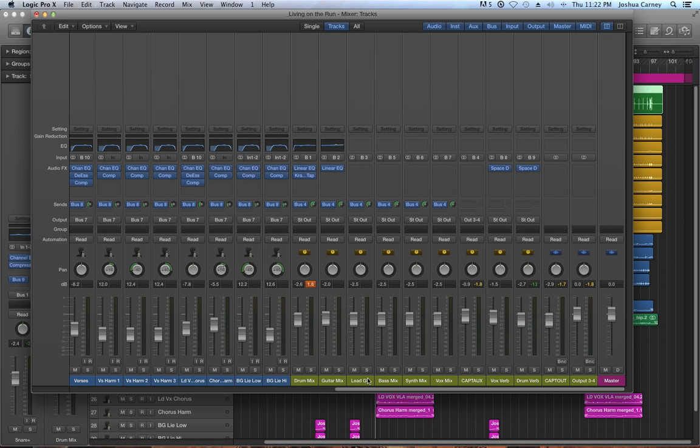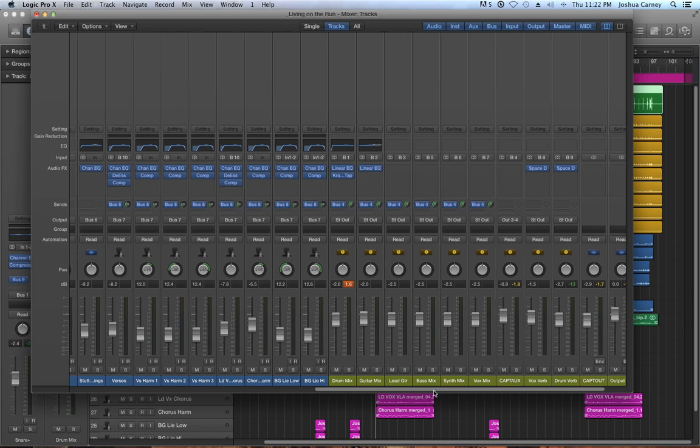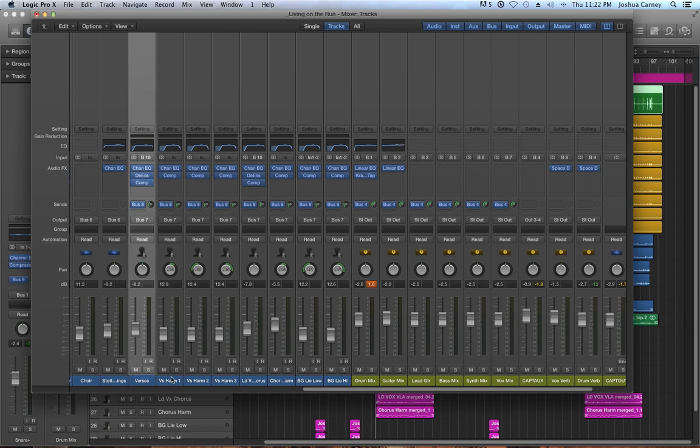Lead guitar, if you need reverb, you could throw it on there. With lead guitar, you could almost just throw it right on the aux track, but I tend to not use reverb on guitar leads. I tend to go with delays over leads, but I'll cover that when we get to the Delay Designer plugin. Now, one last thing I want to go over is the difference between